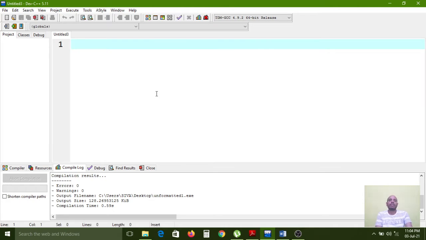Now I am opening one new window in Dev C++. Now I am writing the documentation section: this is math.h header file functions demo.